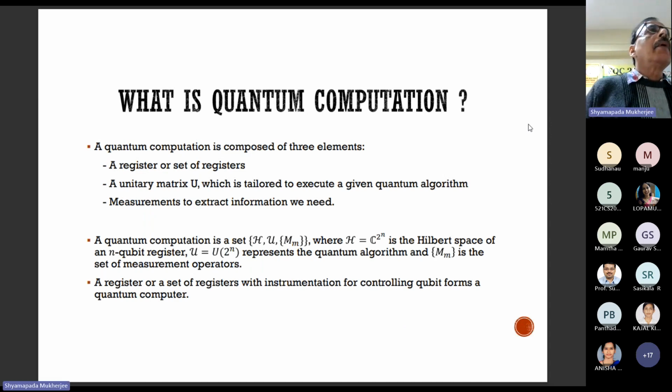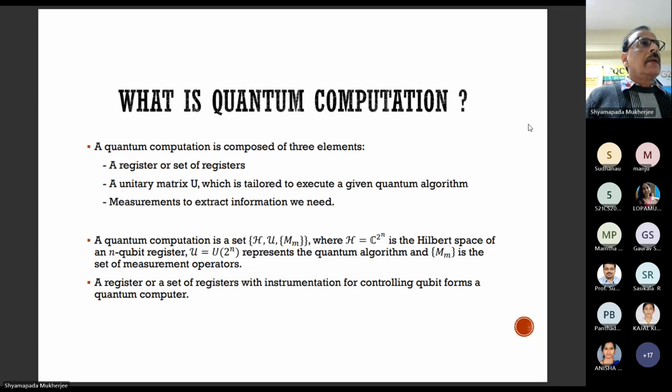So now I shall define what is quantum computation. A quantum computation is composed of three elements. That is a register or set of registers, a unitary matrix U, and why unitary matrix I shall tell you within a minute. A unitary matrix U which is tailored to execute a given quantum algorithm, and measurement to extract